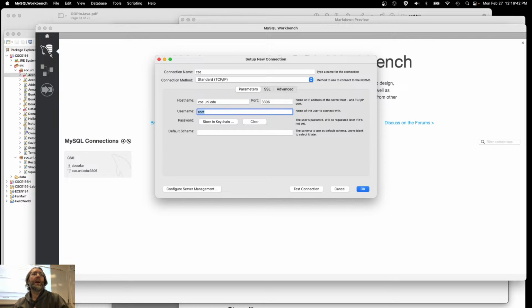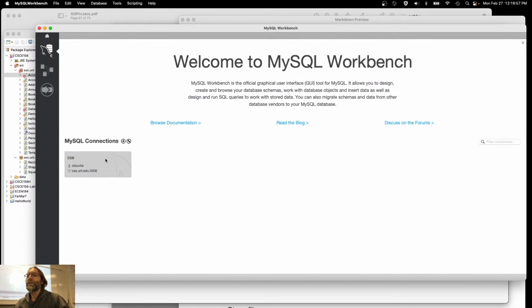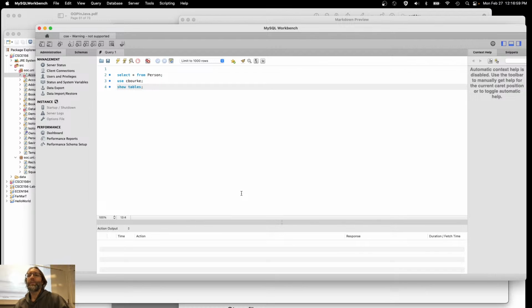You are not root. I am not root. The only root people are those that work in the basement over in Avery. They are not going to give you root, right? Root is the super user that can do anything. You are you, and I am me, right? I've already got that connection up and running here. My password has already been set and saved. I'm going to go ahead and use my